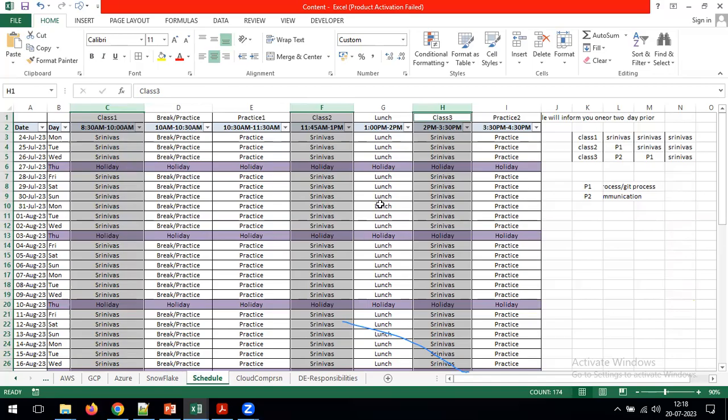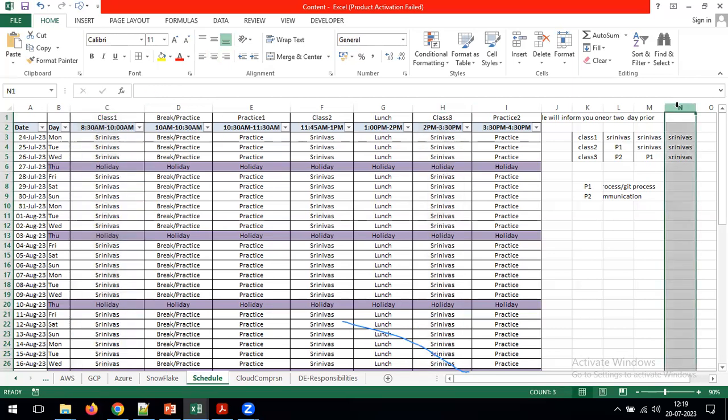2 slots are okay, sir. The third class, in some scenarios, would probably be sometimes. Yeah, mostly I will go with 2 slots. During the weekends, I will go with 3 slots. Sometimes during the weekdays also, I will go with 3 slots. For example, if I commit to you, I will go for only 2 slots every day.